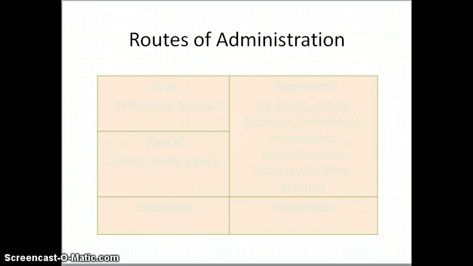And your intravenous, which is not included in this. We will have a whole 11-hour unit on the IV medication into the vein. Some are administered into other body cavities, such as an epidural, intrathecal, intraosseous, intraperitoneal, intrapleural, and some of those are not within the scope of practice to administer them, but we are, as nurses, responsible to monitor the integrity of the medication that has been given